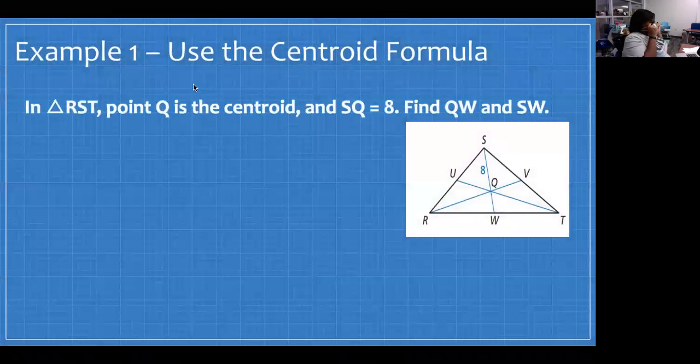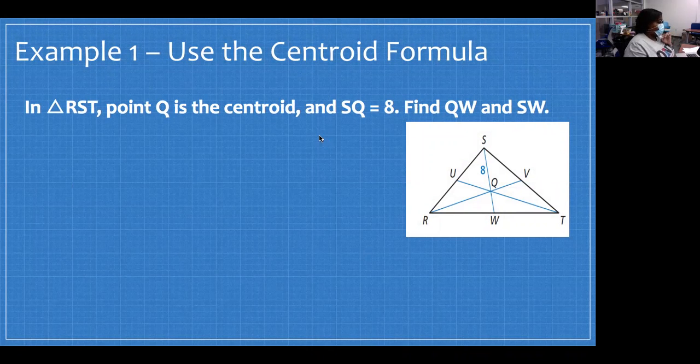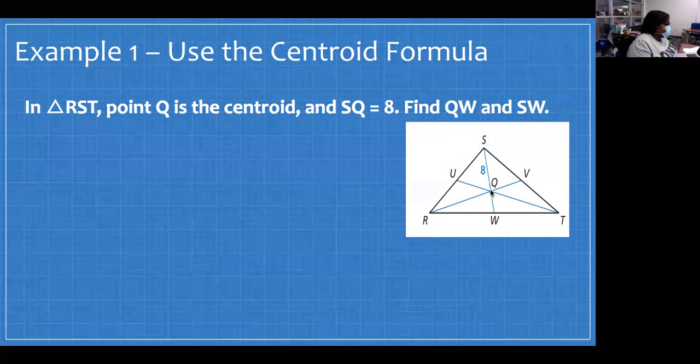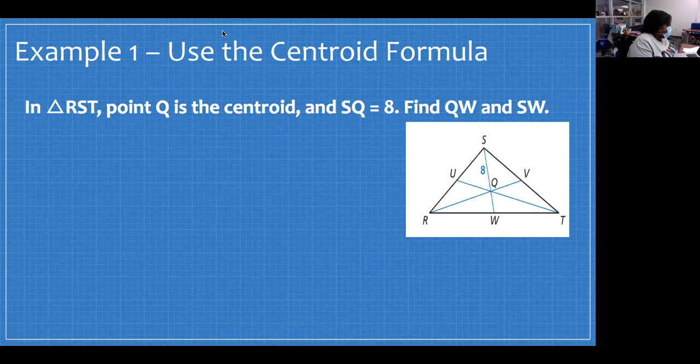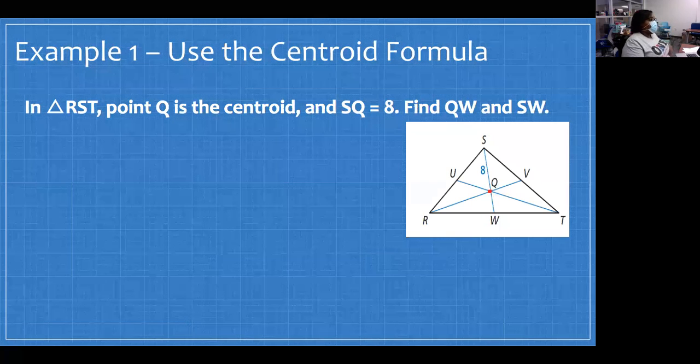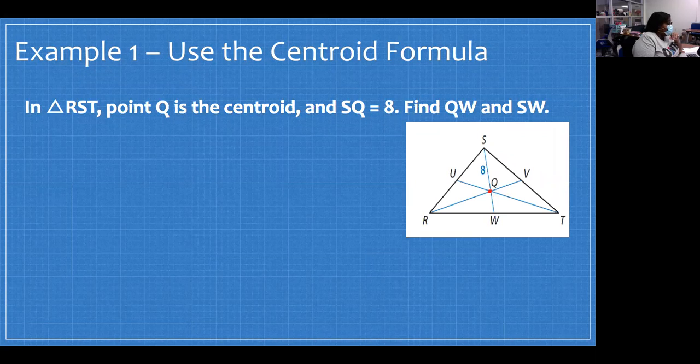So it says in triangle RST, point Q is the centroid, and SQ is equal to 8. Find QW and SW. So Q is the centroid. Let me get another color. Q is the centroid right here in the middle, or close to the middle, I'll say. And we know that SQ is equal to 8. Well, our centroid theorem tells us that